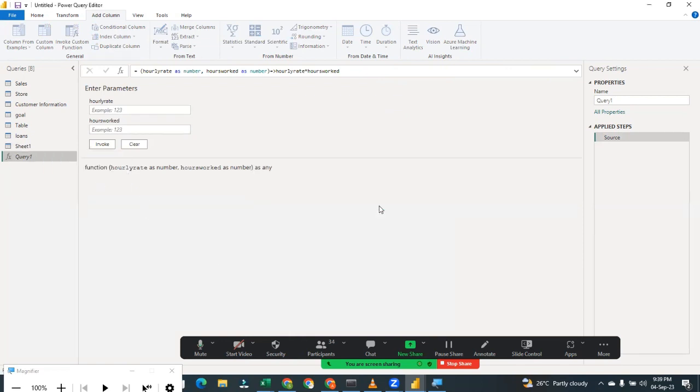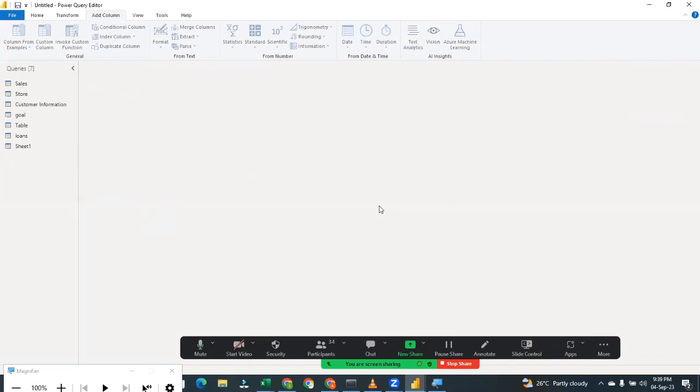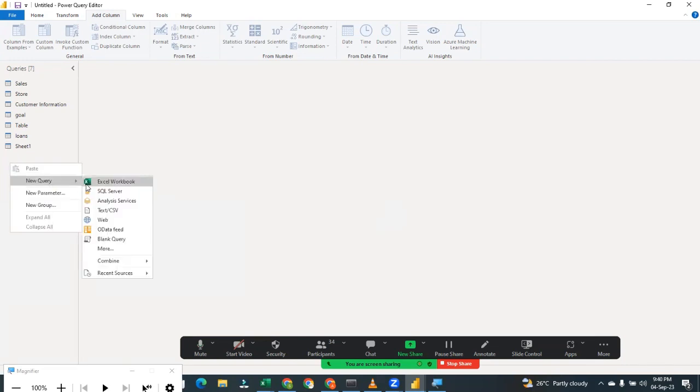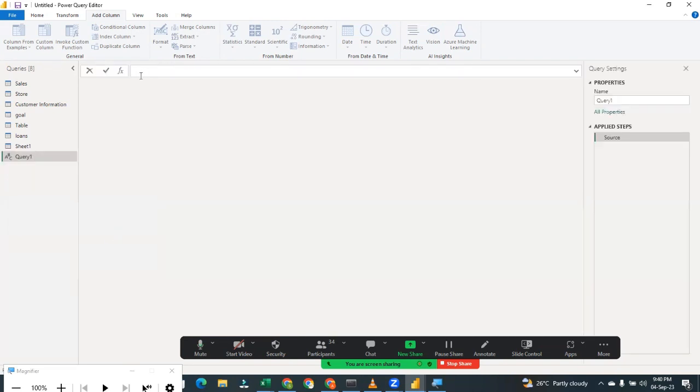So creating the function is very simple. First of all, what we need to do is create a blank query. That's what I'm going to be using for the M language. When you see the tables being listed, I click and say new query. From new query, we get a drop down. You go to blank query. You have your cursor in here. This is your formula bar. So in the formula bar, put in your formula. It's going to be equals to